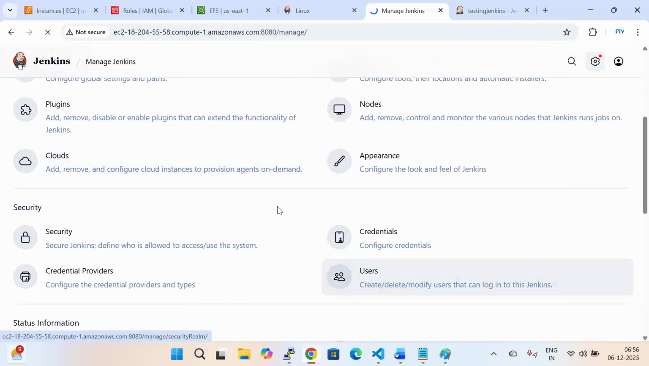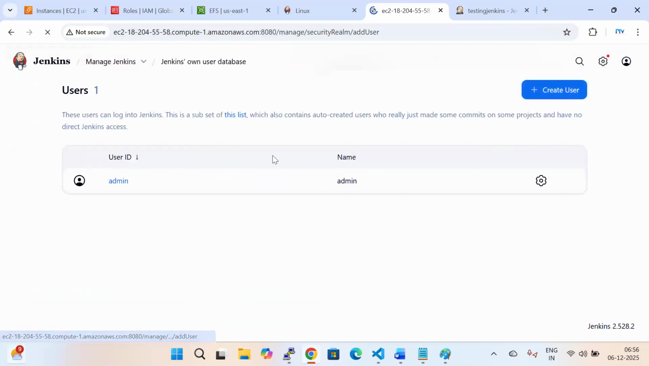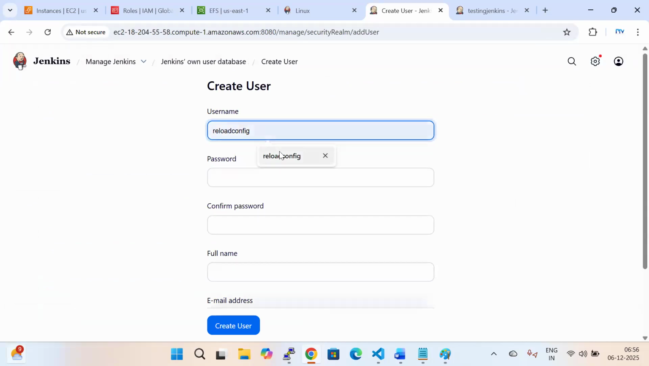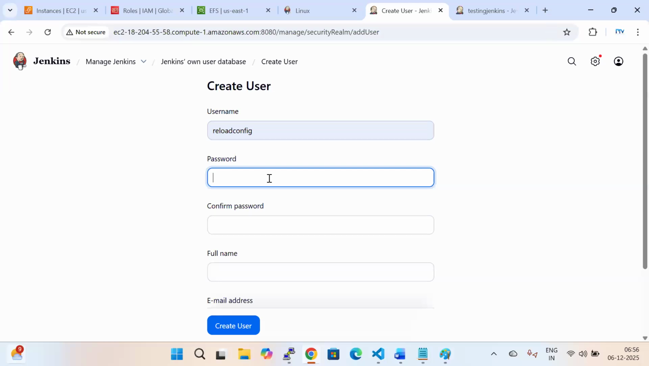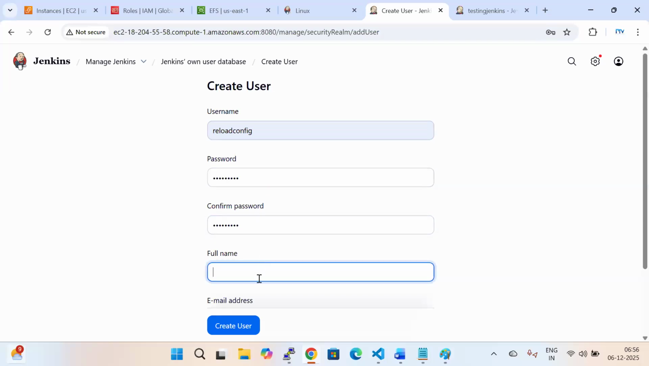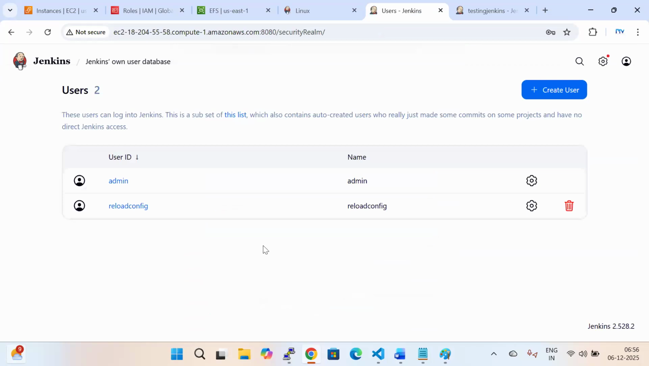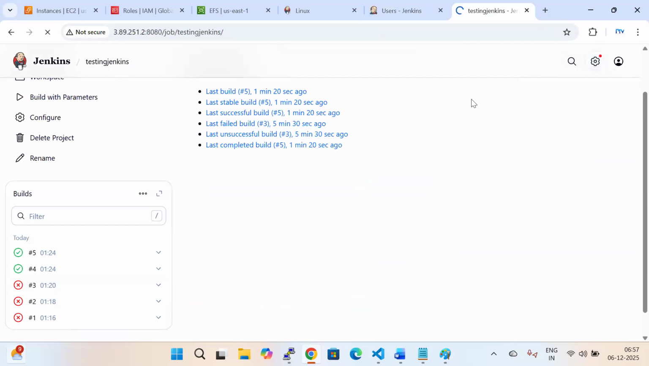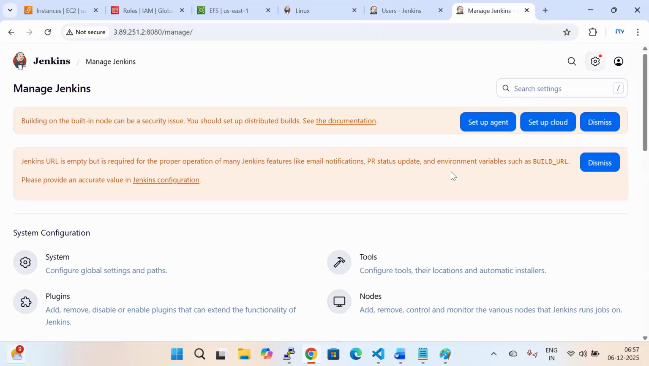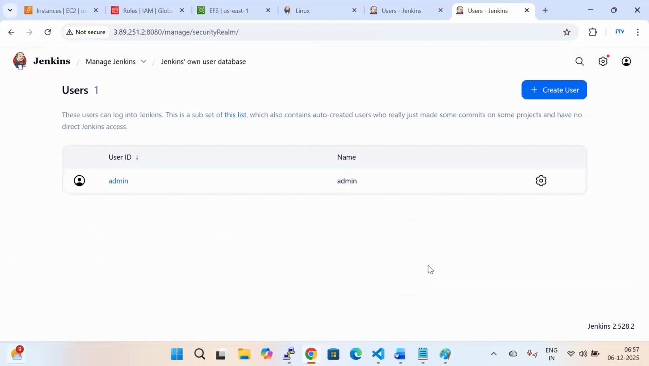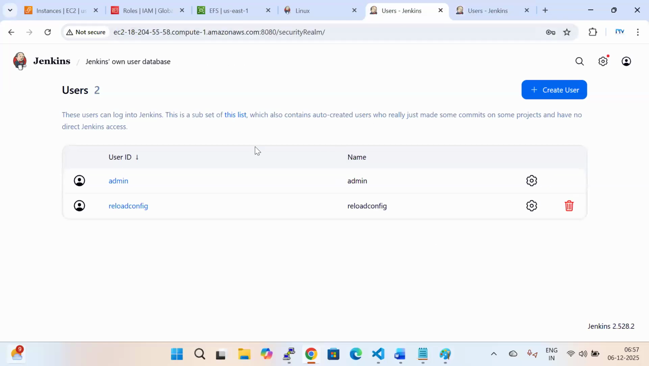So the username is, add, create user reload config, and I'm going to provide the password for the user. The full name is reload config, and the email address will be reloadconfig@example.com. Create the user. Once we have created this user, it will not be available in the standby. Why? Because the synchronization has not happened, no? So the user will not be available in the standby. Okay. So we will make the user available in the standby, but first of all, let me log on